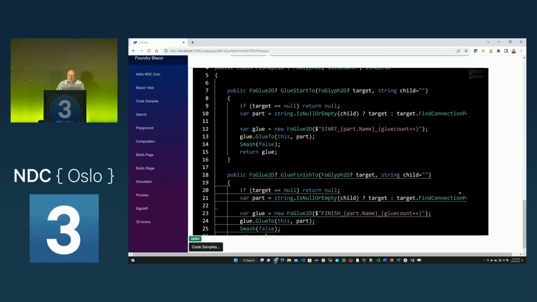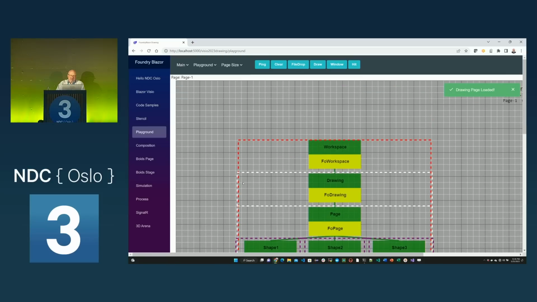So the last part is just what does it take to glue a shape. Once you ask a 1D glue shape how to do something, you create that invisible piece of glue, you mark it, and you glue it together, and then you tell through this command that it needs to recalculate itself. Traditionally, that's called smash or recalculate, but that's what we implemented in the system. So again, if I go back and look at the demo for this,